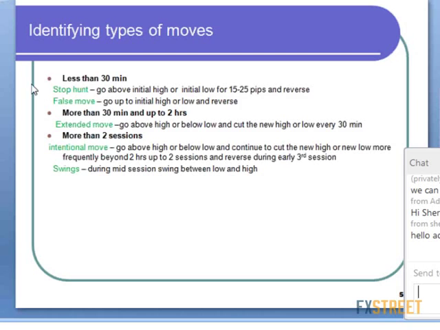During the early part of the session, they will do the stop and or a false move. What is the early part of the session? The extended move: during the European or the US session, they will make a quick opposite move, a cunning move, before the intentional move they intend to make, which will run for 2 sessions and the start of the 3rd session. The swing, they do it near the high or near the low, and then the opposite move. So today in the European session, the